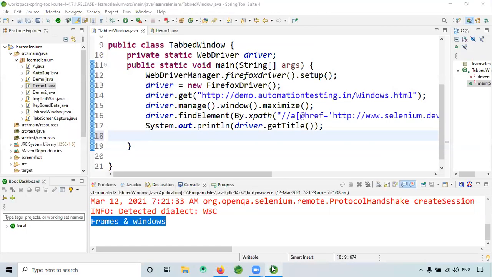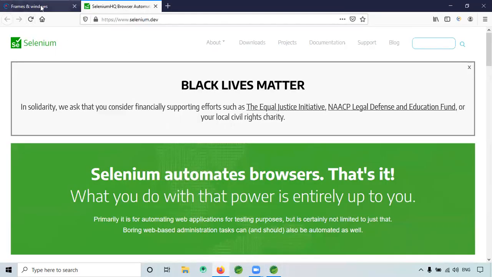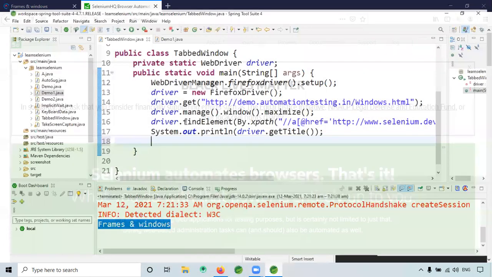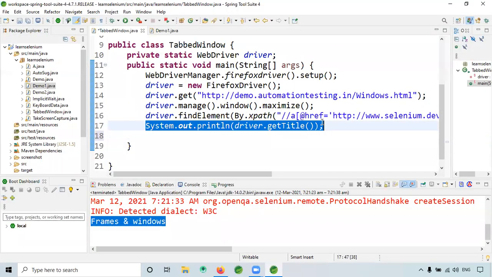I want to get the title of both windows, this and this. So how can I do that? Any idea? Both the titles. We can just call that same getTitle method, right?